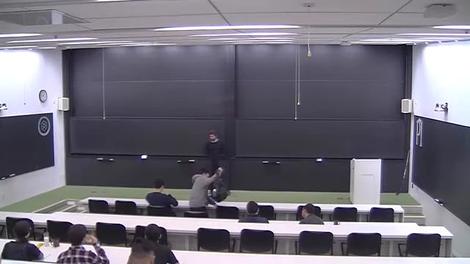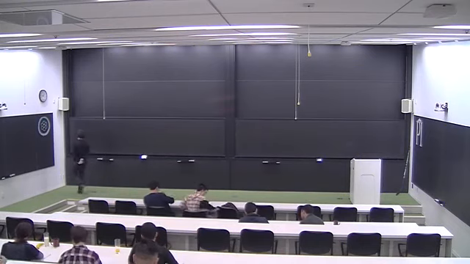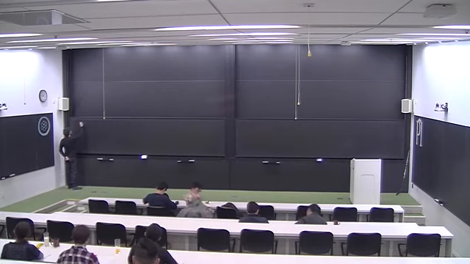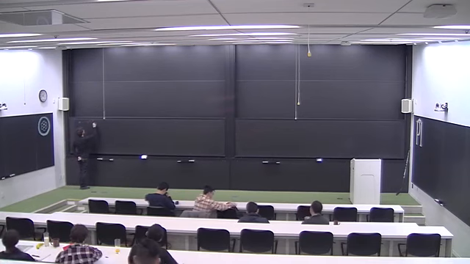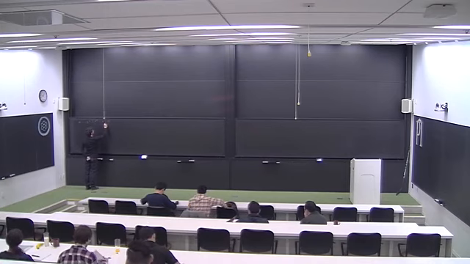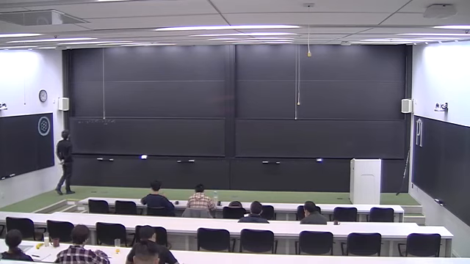So let me summarize what we saw in the past days. We are studying the quantum Ising model. That is a one-half spin system. We have seen that this model has two phases